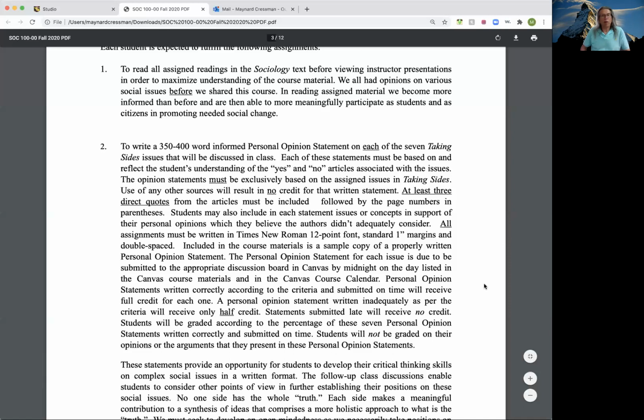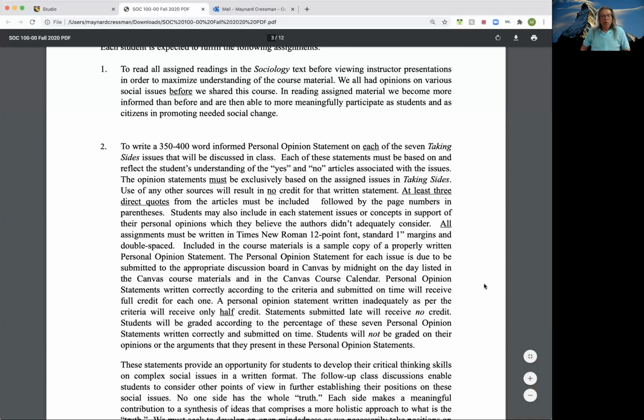Okay, why do you need 3 direct quotes? Well, because I want you, first of all, to prove to me you read the articles, and second of all, I want you to back up your points. Why do you think that? Well, because when the author said this, and you're going to have a direct quote, not a paraphrase, so it's going to start off with a quotation mark, blah, blah, blah. I couldn't agree more with the author when she said blah, blah, blah, end quote. And then in parentheses after the quote, what page number did you find that on? Page 36 in the book. Ta-da! You don't need 3 direct quotes from yes and 3 direct quotes from no, just 3 for the entire paper.